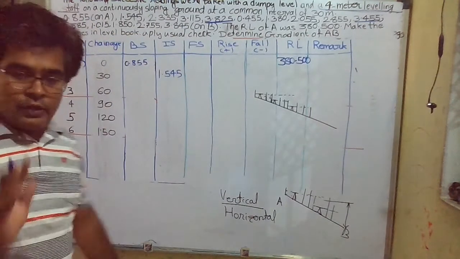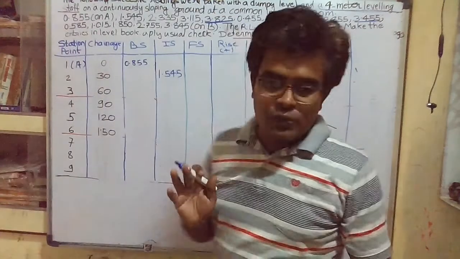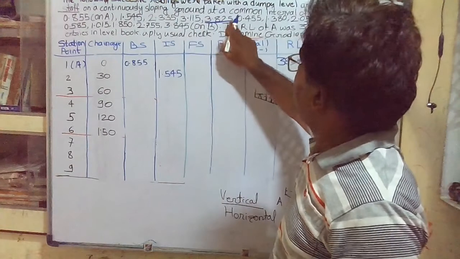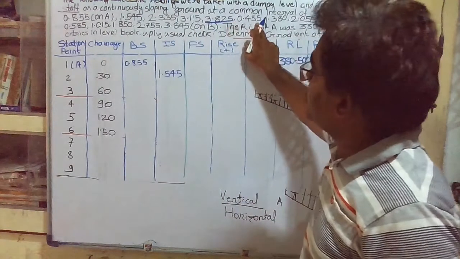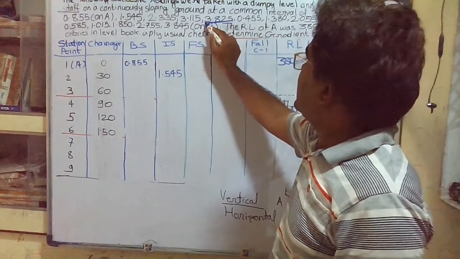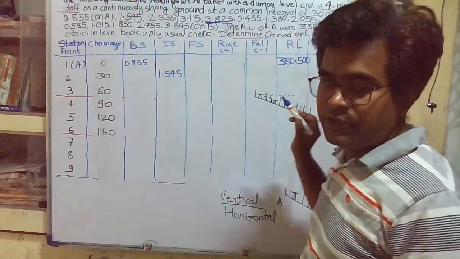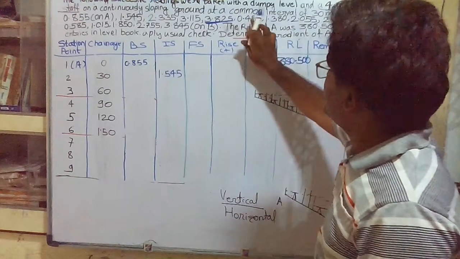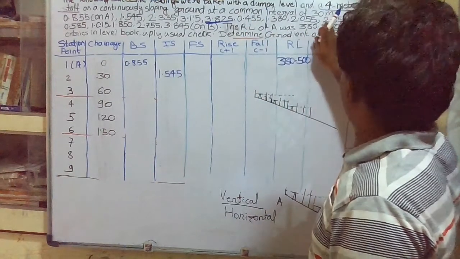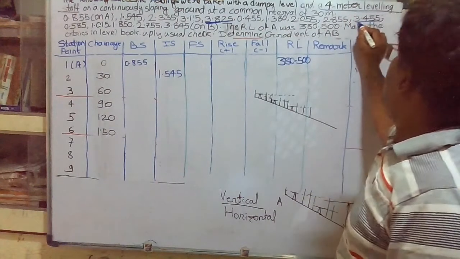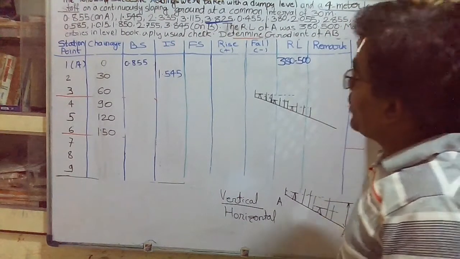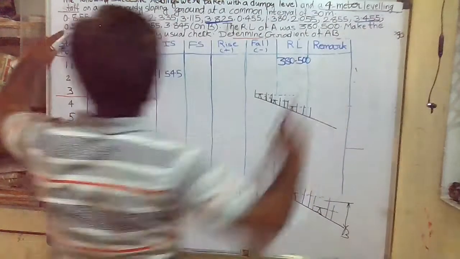So here, did you get it? How did we determine the change point here? Our staff length is 4 meter. As we are reaching near the 4 meter, and again if the reading is reducing, it means we have taken a change point there. So at the highest reading we have taken the change point. Again for the new setup of the instrument, the first reading, the backside, is less, then the reading is increasing slowly, and at this point it has reached the value 3.455, and after that it is again reducing.